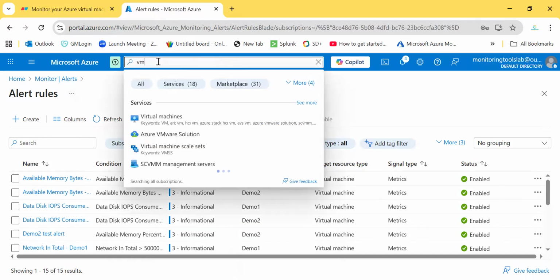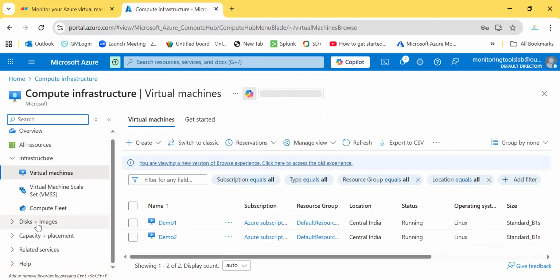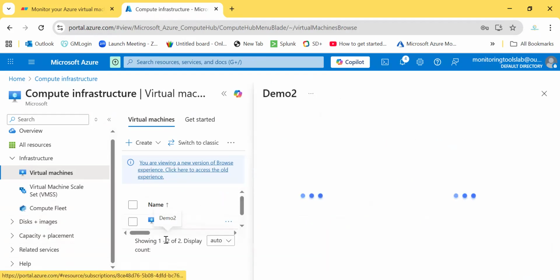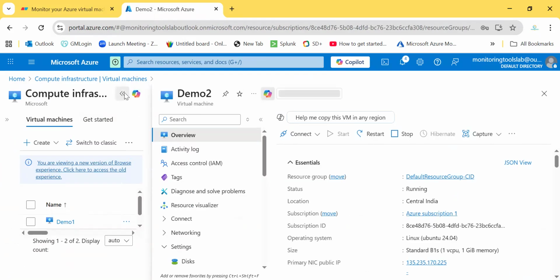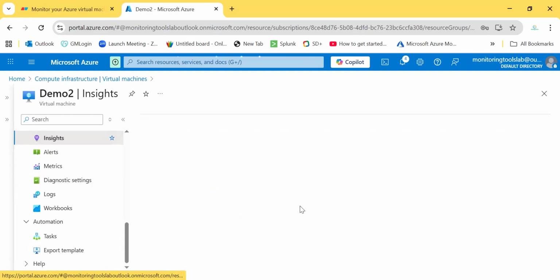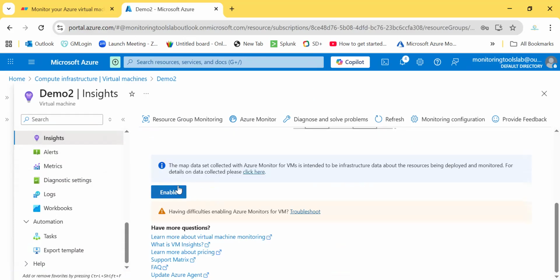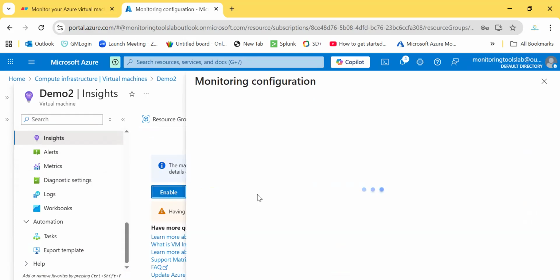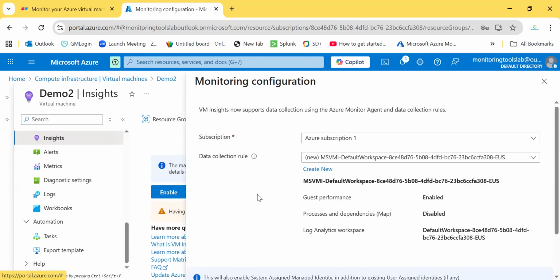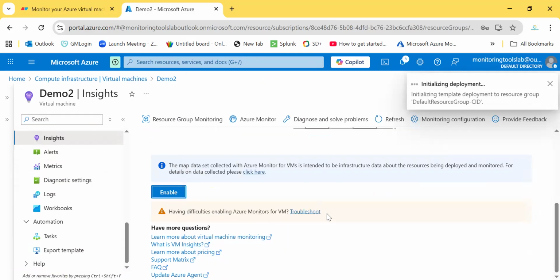Now go to the virtual machine once again. There on the left hand side, click on the machine, demo 2. On the left hand side, within monitoring, you will see the insights here. Click on the insights. So it is not enabled. We need to enable it. What it does, basically, it will install a monitoring agent on your Linux virtual machine. Click on configure. Now it will take around 5 to 10 minutes to deploy the agent and start fetching the